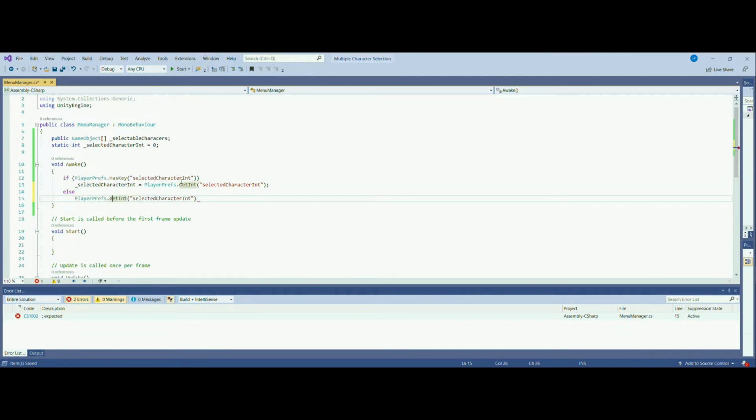The first is the string name, which we established, and the second is the value you want to initialize it to. I'm just going to initialize it to the integer value we created earlier, which I set to 0, so the player will start at the first element in the array. Now that we have set up our player pref,